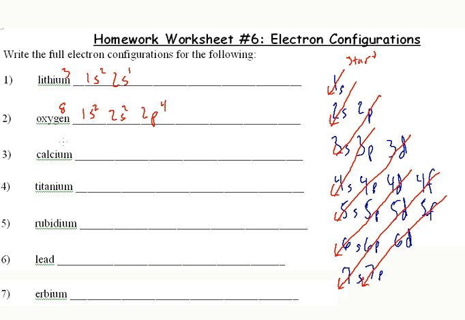Looking at calcium, we've got a bit more electrons here. There's 20. That looks like 26. That looks terrible, but take my word for it, that's 20. So we've got 1s2, 2s2, 2p6. That brings us up to 10. 3s2, 3p6, and